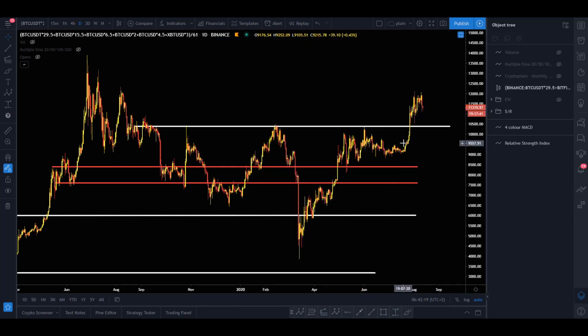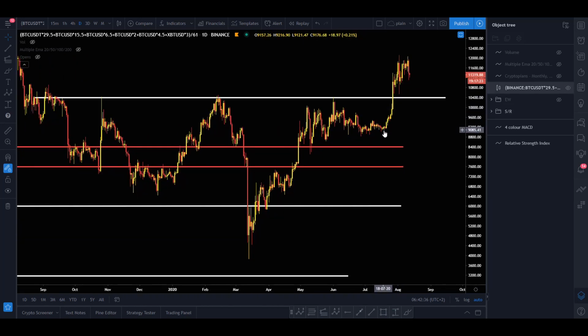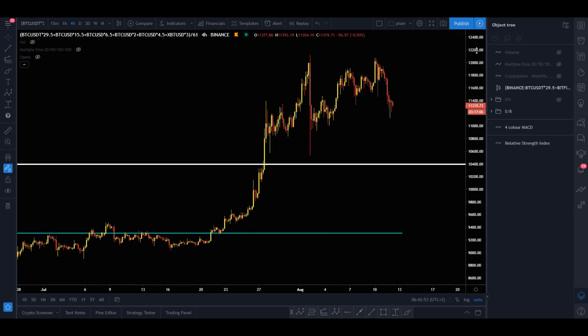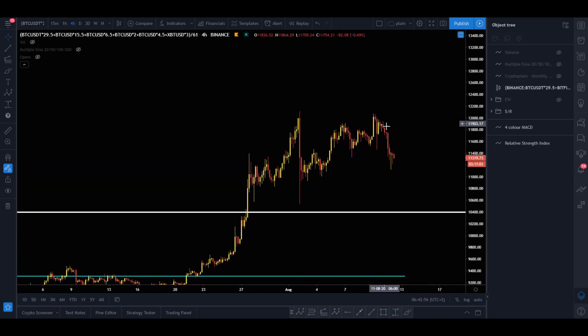So if you look here, this 10,400 was a resistance for a very long time, up to almost a year ago. Here, rejected, rejected, rejected, and then finally that big push through. And after that big push through, we only had that wick down a couple of days ago, well, 10 days ago. And then we started to bounce. And at first I was hoping this was the continuation to the upside. But especially with yesterday's strong move down, stronger than expected,